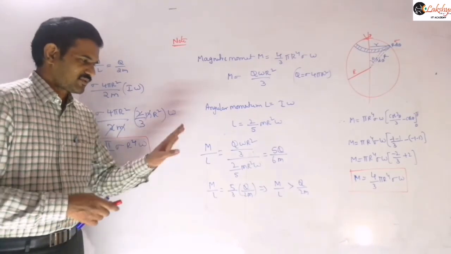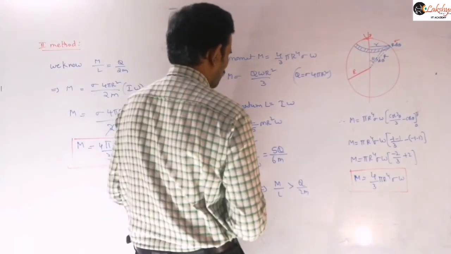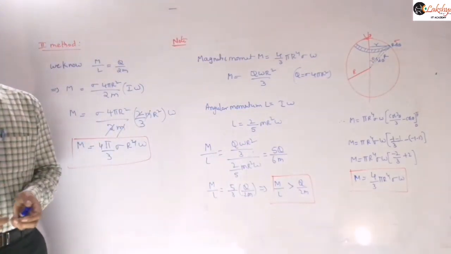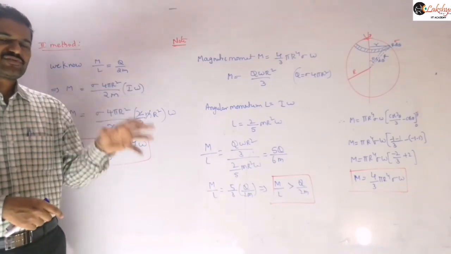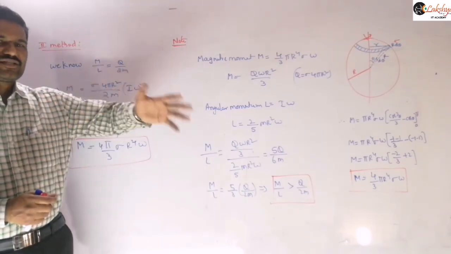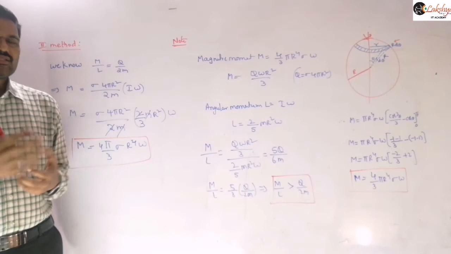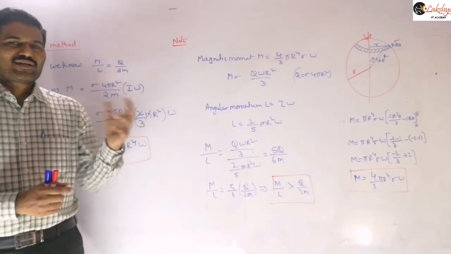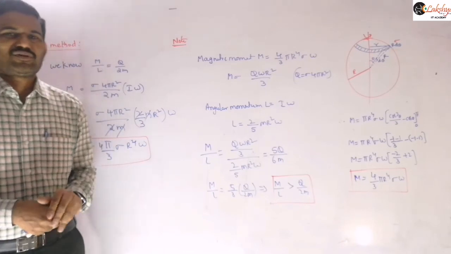For a solid conducting sphere, you need to note that the ratio is not equal to Q by 2m here. Why is it not equal to Q by 2m? Because the distributions are not similar. The charge is distributed only on the surface, but mass is distributed throughout this sphere. Whereas in the previous hollow sphere problem, the charge is distributed on the surface and mass is also distributed only on the surface. If charge is there throughout its volume, like a non-conducting sphere, that ratio will still be valid: M by L is equal to Q by 2m only.